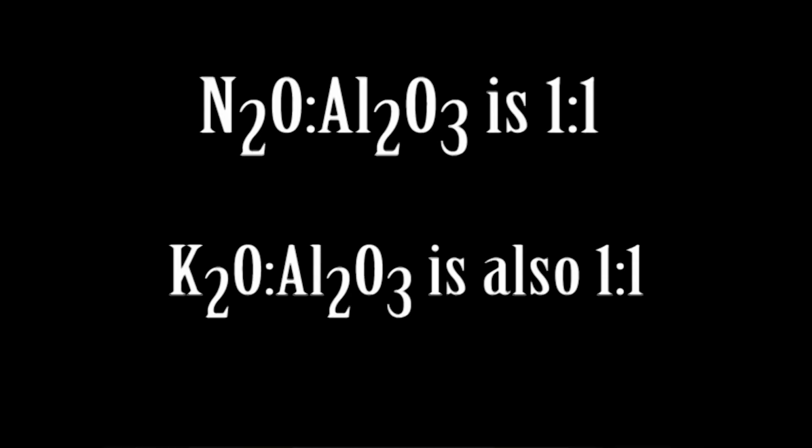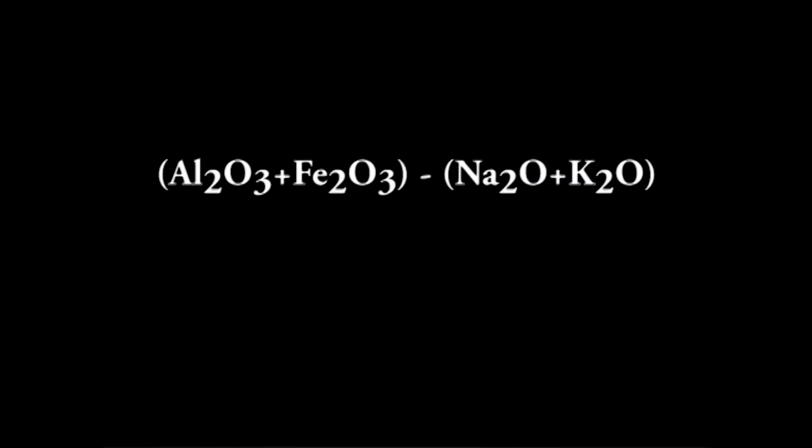Second, in albite, the molecular ratio of Na2O to Al2O3 is 1:1. Similarly, in potash feldspar, the molecular ratio of K2O and Al2O3 is also 1:1. Therefore, the molecular proportions of Na2O and K2O are added, that is Na2O plus K2O, and an amount equal to their sum is subtracted from the molecular proportion of Al2O3 plus Fe2O3, that is